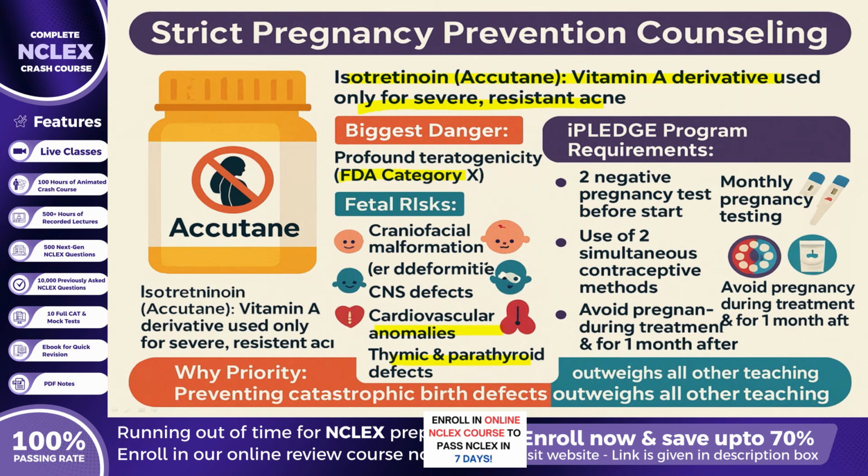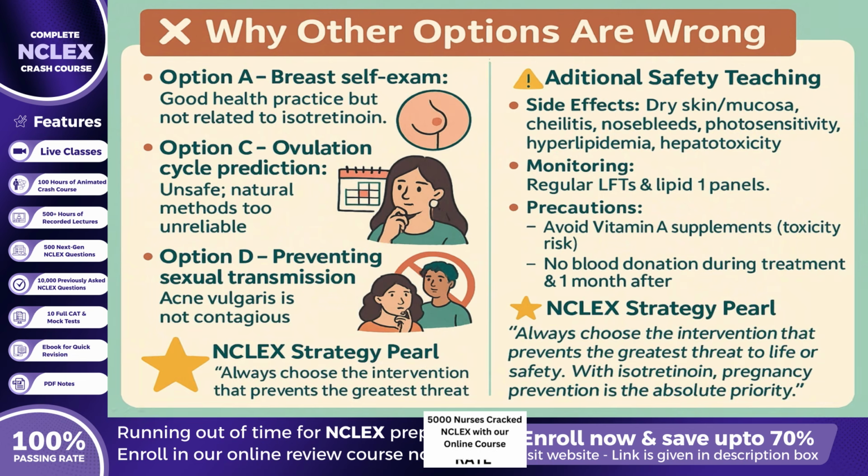Shifting focus to the incorrect responses, option A, instruction on breast self-examination techniques, is a valuable health promotion measure but is unrelated to isotretinoin, which does not increase the risk of breast cancer. Option C, methods for predicting ovulation cycles, is unsafe because fertility awareness methods carry a much higher failure rate than hormonal or barrier methods, and even one accidental exposure during pregnancy can result in catastrophic birth defects. Option D, guidance on preventing sexual transmission, is irrelevant since acne vulgaris is not an infectious disease and cannot be